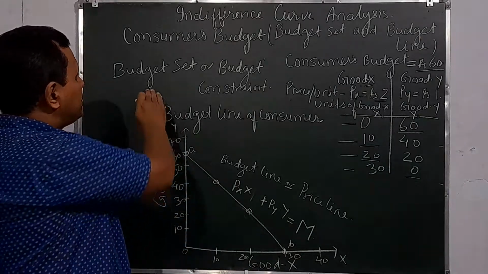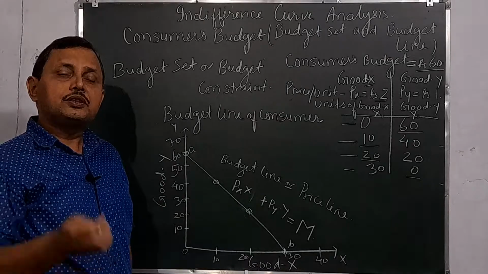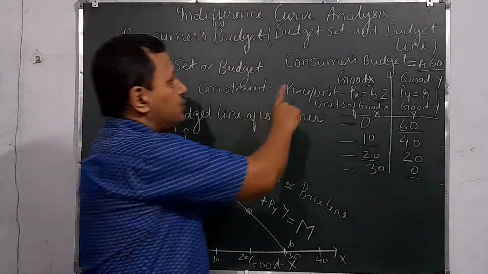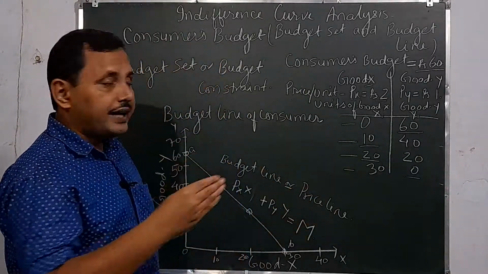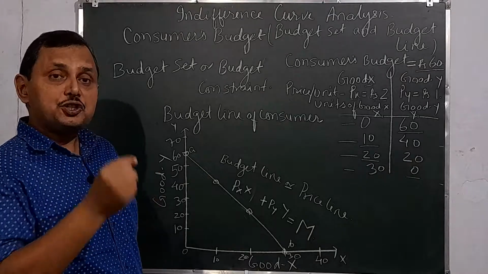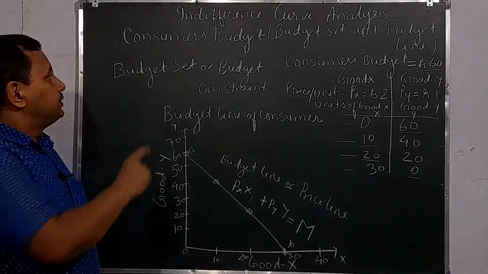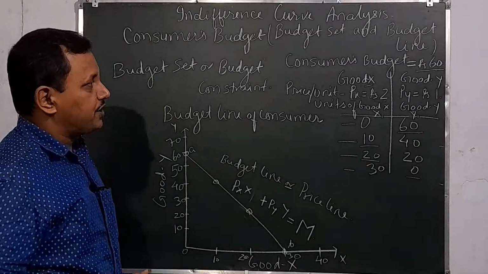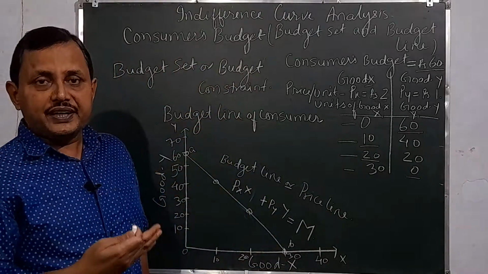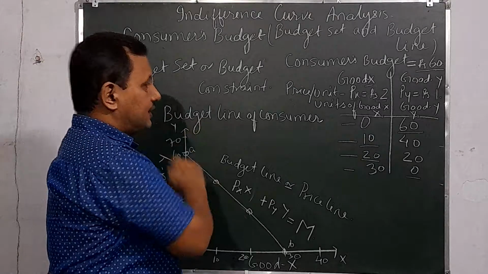So these various combinations, first, second, third and fourth combination, which the consumer is acquiring in his given budget, are known as the budget set, and it is also known as the budget constraint because the budget of the consumer is limited, and it puts a constraint on the amount or quantity of goods and services that the consumer can purchase within his given budget. So this is your budget set or budget constraint. Now we can represent our budget set graphically, and that is known as the budget line.